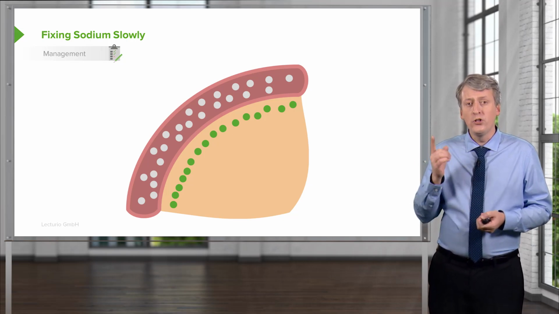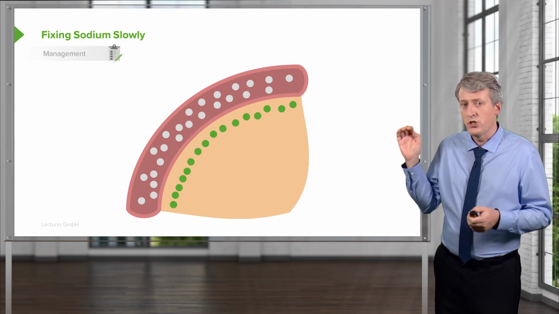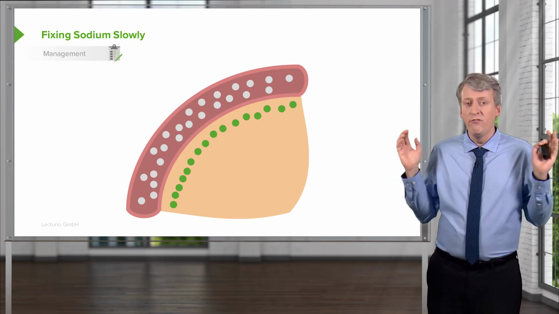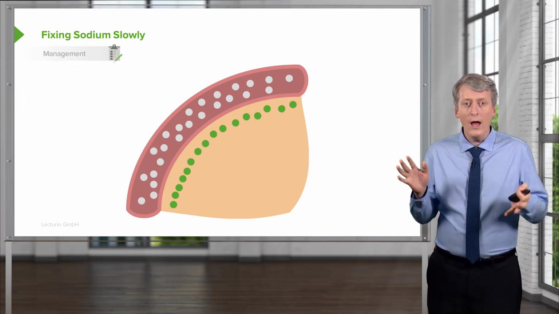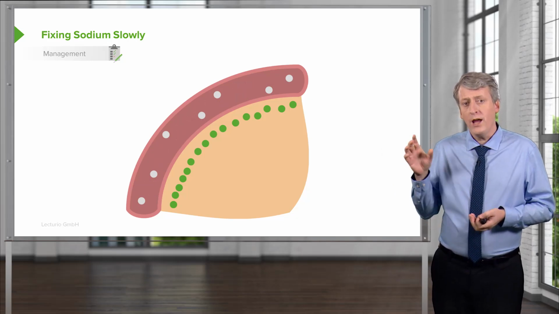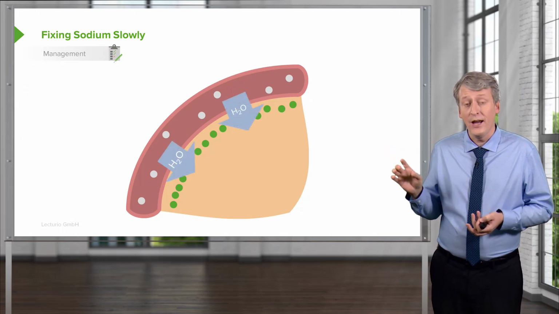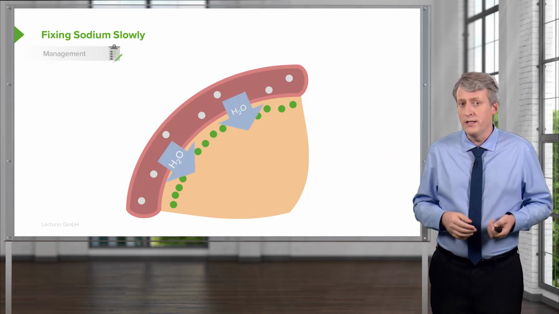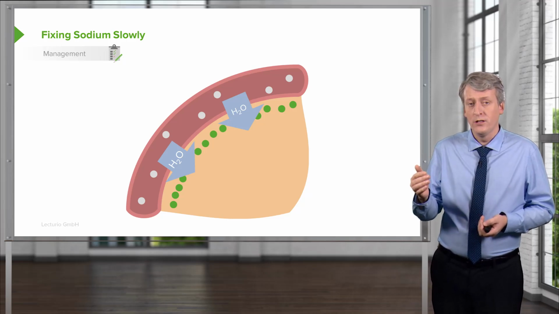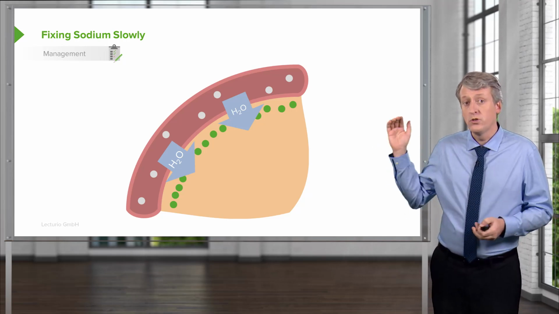However, if we were to go in and try and fix this problem quickly, let's say the patient had a sodium of 180 that had been there for a long time, and we went in and gave them very hypotonic fluid and rapidly removed the sodiums from the blood space. What would happen now is fluid would flow out of the blood space and into the brain, and that would cause cerebral edema. So an overly rapid correction of a long-standing hypernatremia leads to cerebral edema.